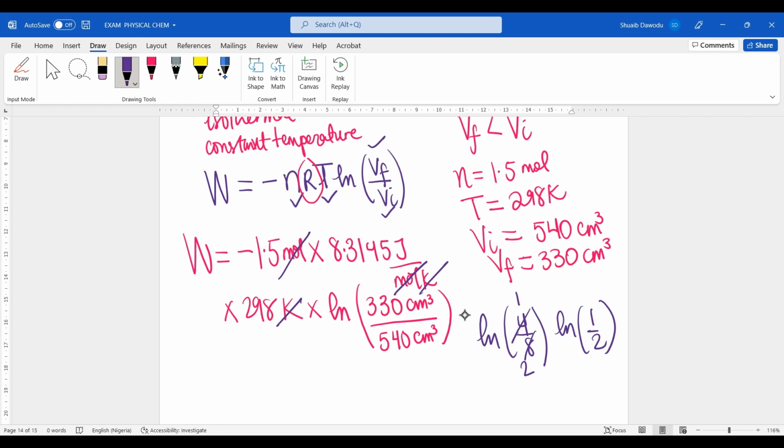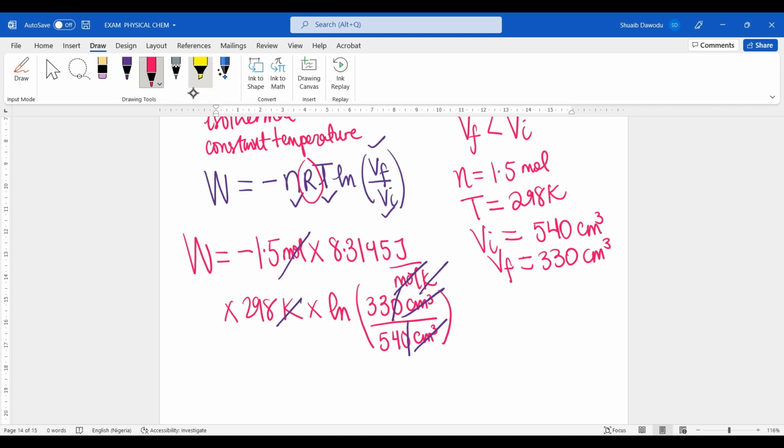The 10 times 10 raised to the power of negative 6 meter cube can cancel out. So it wouldn't make sense for us to go through the process of conversion if we're still going to have the same information. So we can skip that step. So we're going to cancel out centimeter cube here and centimeter cube here. Cancel out the 0 here, cancel out the 0 here. So work done is now going to be negative 1.5 times 8.3145 times 298 Kelvin,